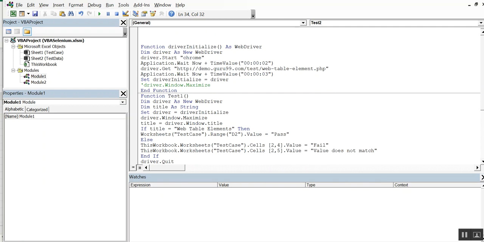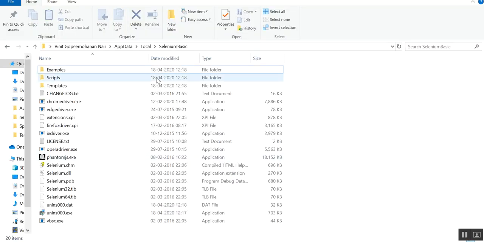But one more thing you have to check is, once that is installed, you have to go to your users app.local local Selenium basic, and you can see the Chrome driver and Edge driver, all those things. Usually it will have an old Chrome driver because this package was created a little while back. So what you have to do is find out the Chrome driver that matches your Chrome, download it and paste it here. If you don't paste it here, then it will not work. The Chrome driver will not launch and you will get some error message. So the best thing is, go to the Chrome driver website and get the latest Chrome driver that is compatible with your Chrome, and then just paste it in this folder.